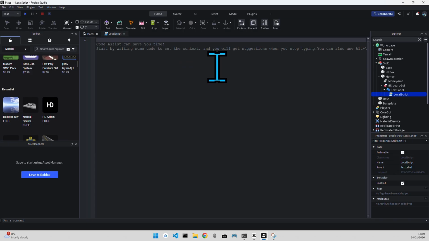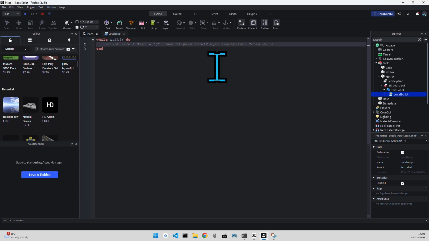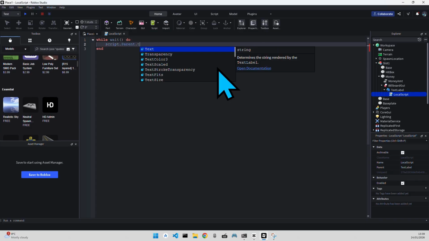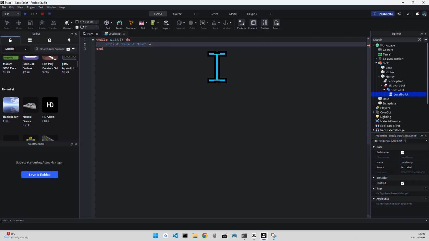What you want to type in is script.Parent.Text. Actually, no. To while wait do script.Parent.Text equals,